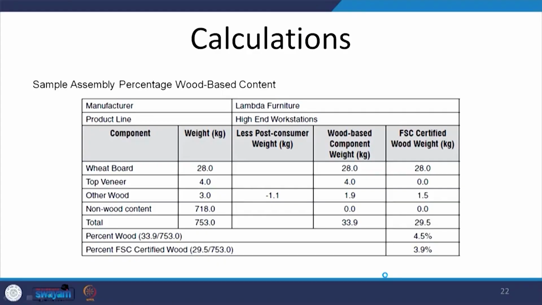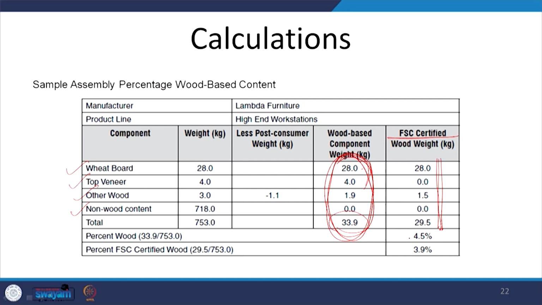Looking at a sample sheet here again, we can see what the different types of wood used are, and how much is the wood based component for each one of these materials which are going to be used, and out of this wood based component by weight, how much is FSC certified. So, out of this total wood based component which is going to be used in the project, this is the part which is FSC certified, and we calculate the percentage of wood which is,